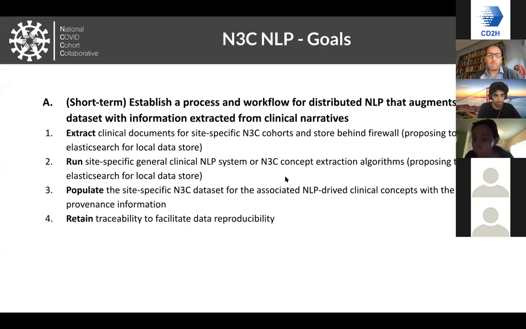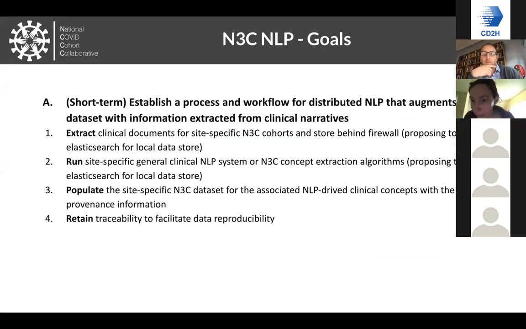Now I'm going to turn over to Hongfang, who is leading the NLP work group as part of collaborative analytics. This was recently launched, and I just want to have the opportunity to engage those who are interested in this. She's just going to give a quick reminder of what this working group is trying to do. Hongfang? Great. Thanks. This is the new subgroup in N3C. I know we're currently trying to look for people to participate, but at the same time, while reading through all the work streams, we need to see how